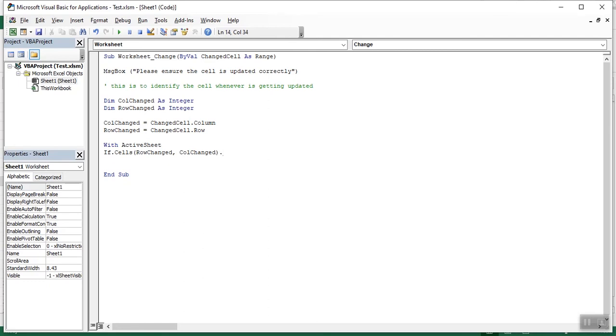What we have to do, we have to change the color of interior. So interior color needs to be changed.